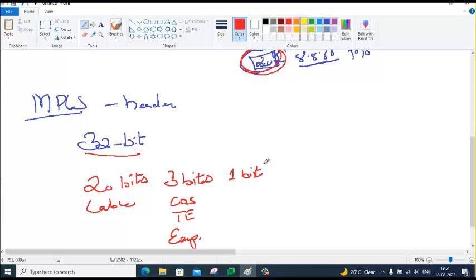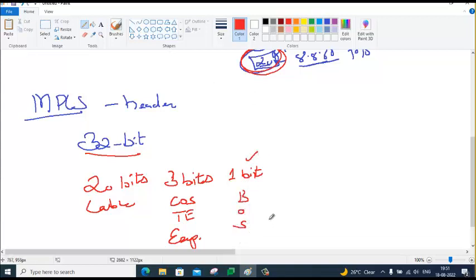Likewise, when you do MPLS VPN, here also you will have more than one layer of MPLS. Instead of an IP header, you will have an MPLS header. So now this bit is called the bottom of stack bit.